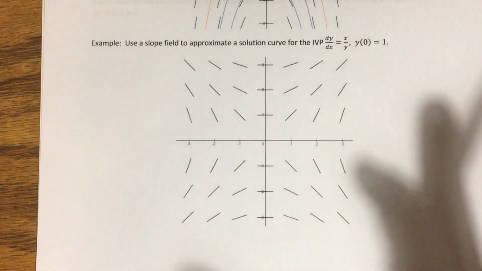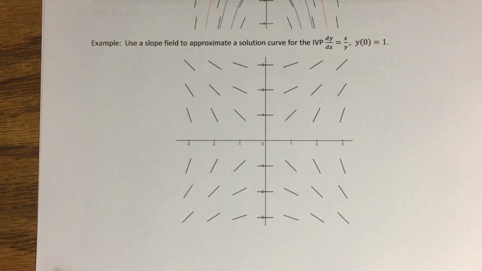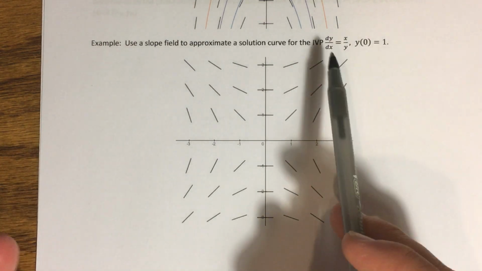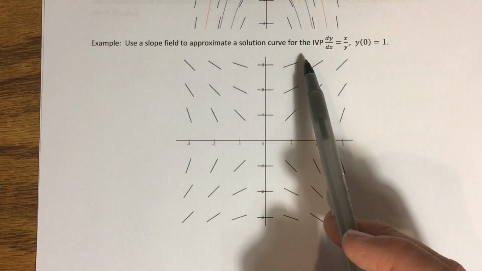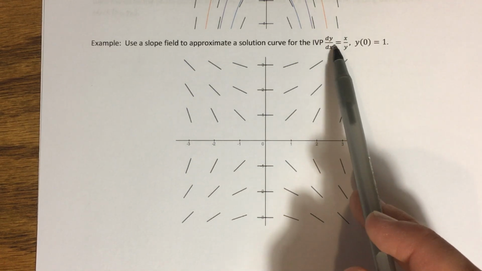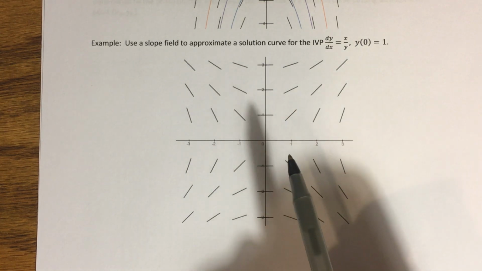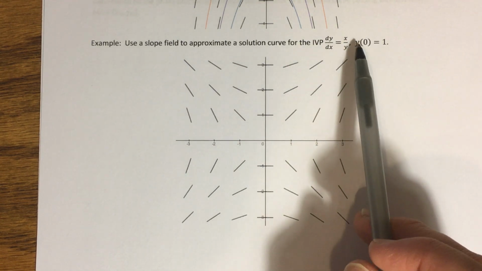Okay, so to illustrate that with an example, here's a different DE than the one that we saw in the previous example. In fact, this one is an IVP. We have an initial condition here as well. The equation is dy/dx equals x over y, and the initial condition is y of 0